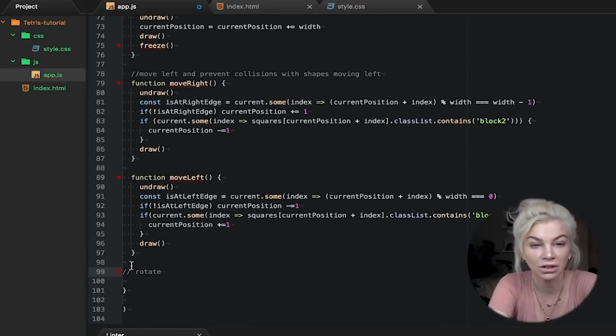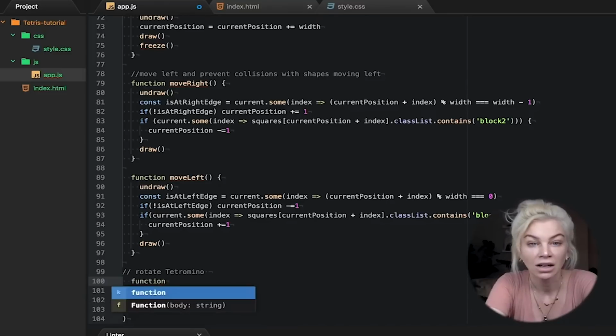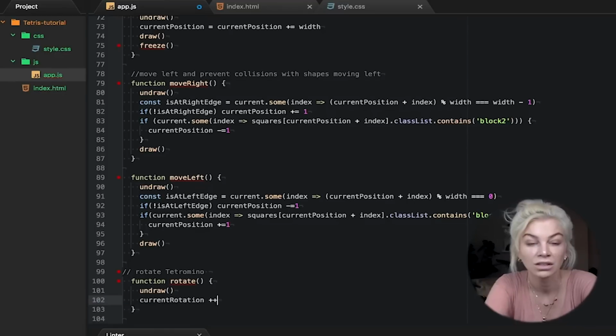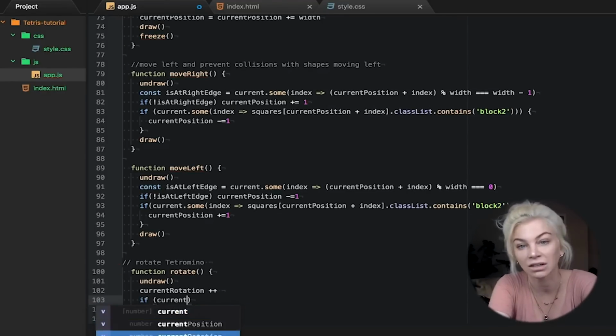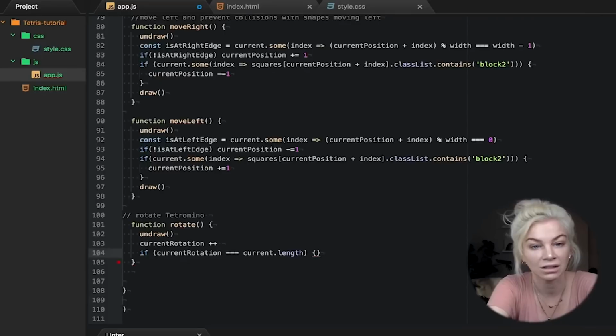Right, so once we've written those, our final function is to rotate the tetramino. This is actually us just skipping to the next rotation in the current rotation array of each tetramino. So again, it's a visual trick, making it look like it's rotated. We write this simply like so.